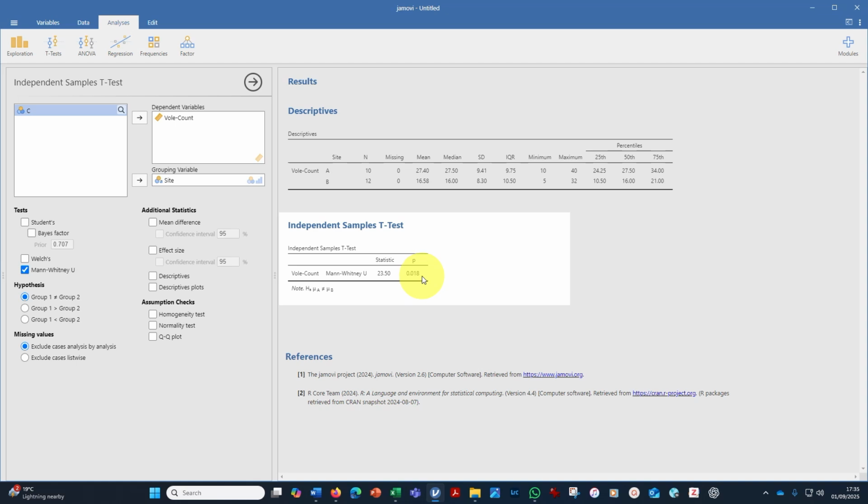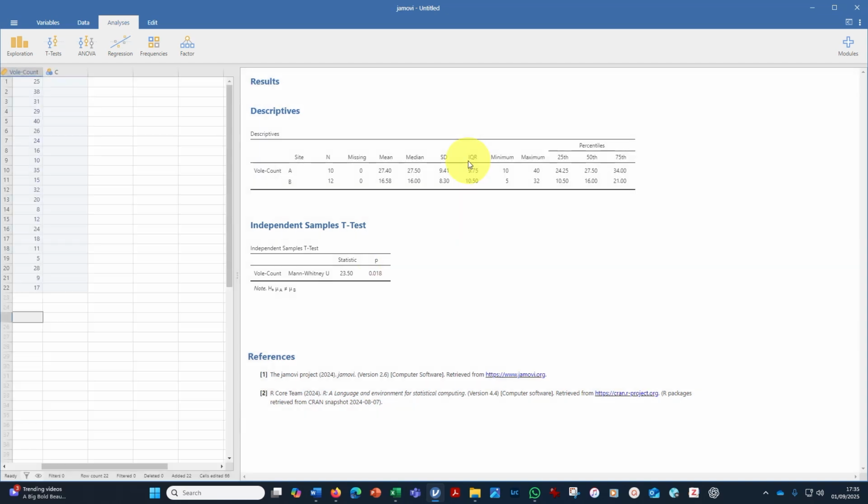So this is the probability of the null hypothesis that the two sites are the same, and here we can see the chances of them being the same is only 0.018, or actually 1.8%. So it's very unlikely that the sites are the same, which means they are different, significantly different in this case. So here I can right click,